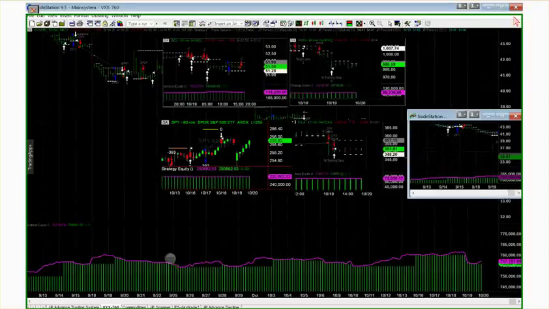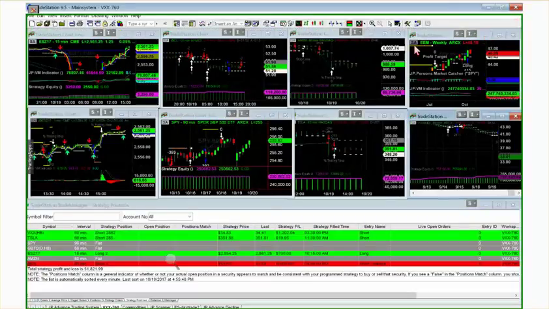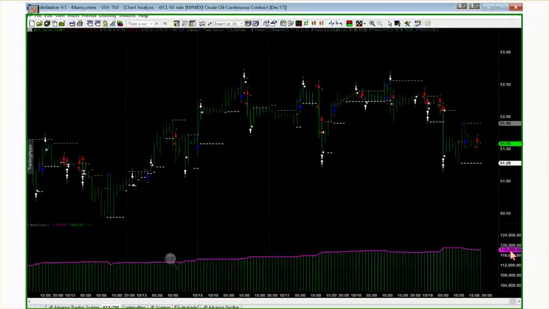You know, I wanted to show you guys something else, crude oil. Now, this is kind of unique in the sense that this is a 60-minute trade on crude oil.